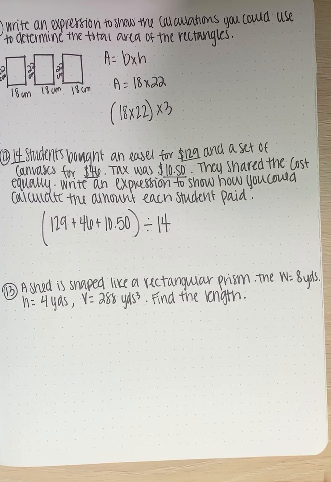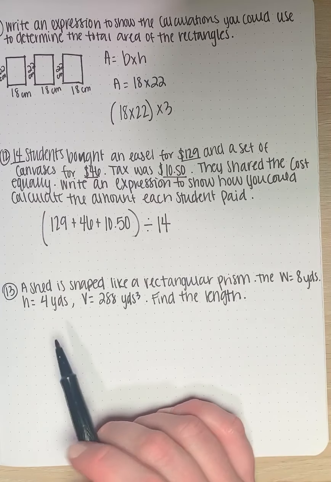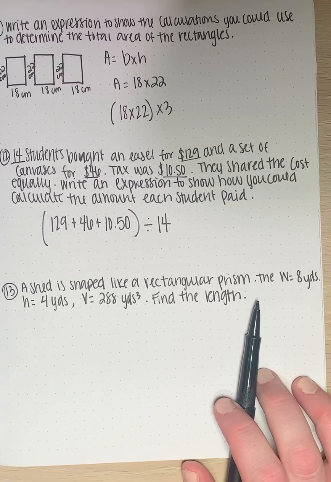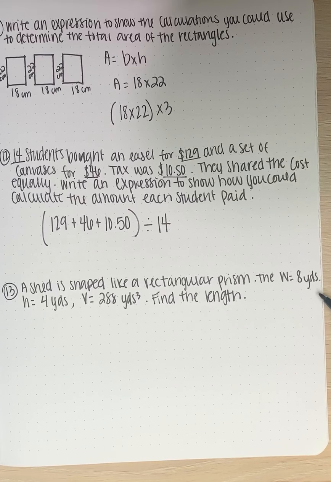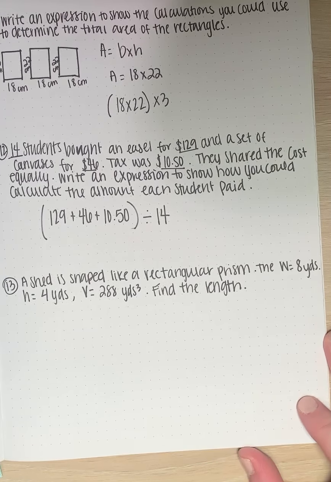All right, the last problem goes back to when you guys talked about volume. So a shed is shaped like a rectangular prism. The width is 8 yards. The height is 4 yards. The volume is 288 yards squared. Find the length. All right, so if you remember back, I believe it was a couple topics ago, you guys